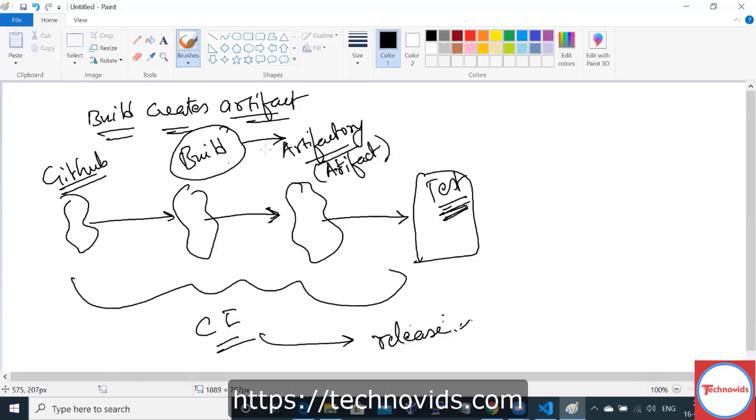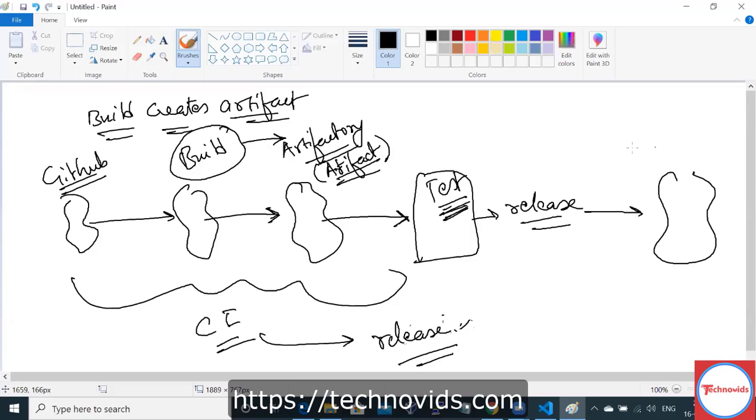This is the artifact that is generated, the ready to test code. The release which is generated is the ready to deploy code. Release is ready to deploy code. Now release is deployed in production or staging.